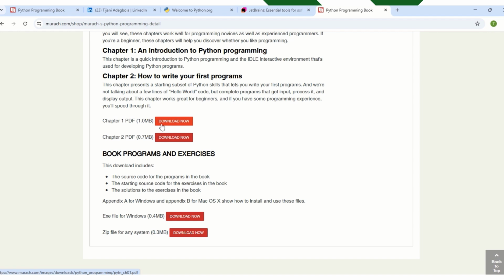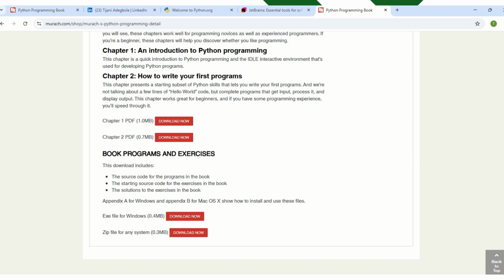After I bought that, I went ahead and bought Murach's Python Programming. So captivating. The book was so straightforward, easy to understand. In fact, that is one of the reasons why I would like to publish these videos. Many people need to be aware of this kind of information. So I bought these, and I'm also planning to buy more in the future.